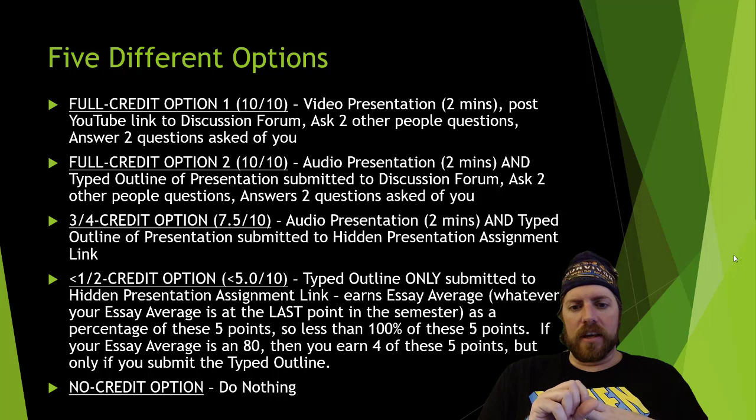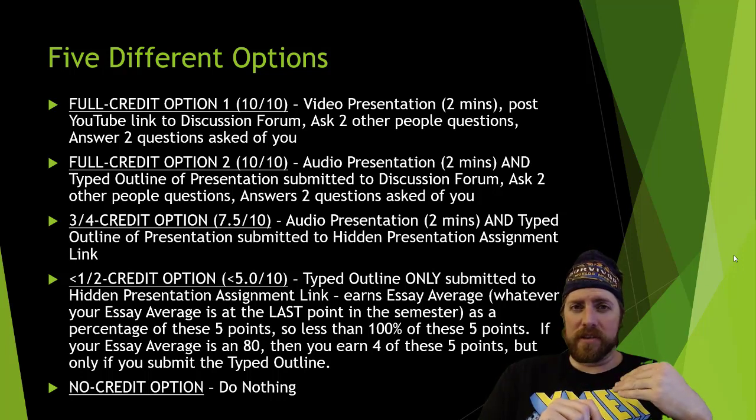But that one won't even get you half credit on the assignment, because the 3/4 credit option where you're doing the audio presentation, you're not submitting 2 people. That already gets 25 points lopped off of a 100 grade, so you're going to lose 2.5 out of the 10% of the class, because this is worth 10% of the class. So it's 2.5 points off your final grade,